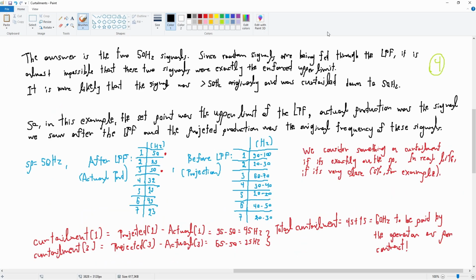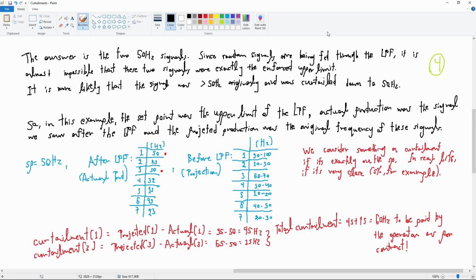Since random signals are being fed through the low-pass filter, it is almost impossible that these 2 signals were exactly the enforced upper limit, 50 Hz. It is more likely that these signals were greater than 50 Hz originally, and were curtailed down to 50 Hz, which was one of the properties that we allowed our filter to have. So, in this example, the set point was the upper limit of the low-pass filter. The actual production was the signal we saw after the low-pass filter, and the projected production was the original frequency